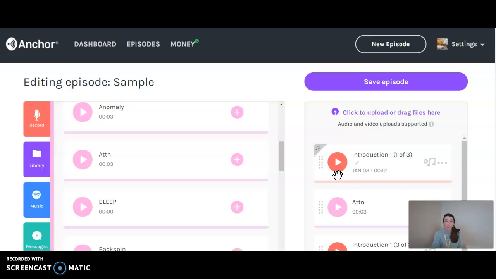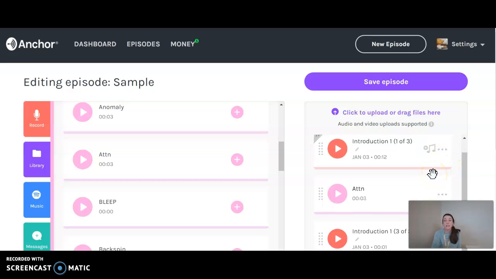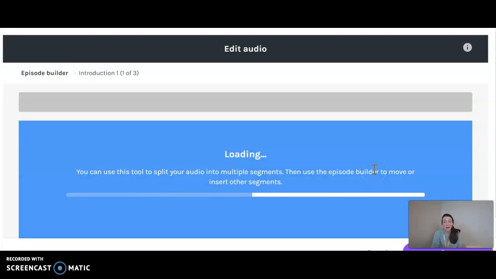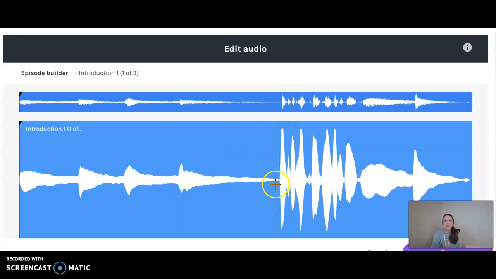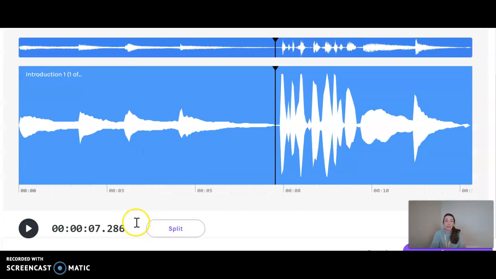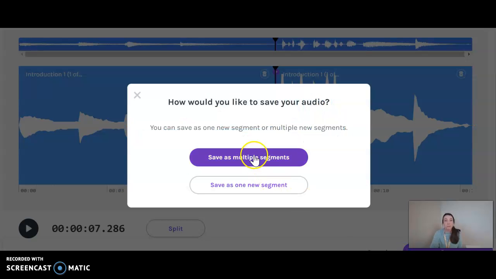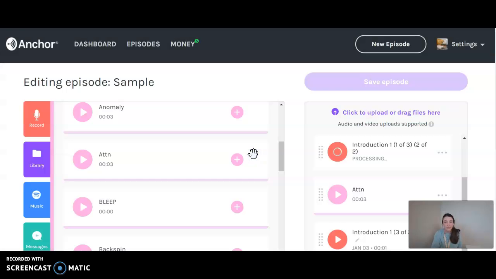It's not as overwhelming. A great place to use the split function is if you want to add sound effects as well. So let's say I wanted to go into my audio and I'm going to click edit audio. And within here, let's say I get to this point right here and I talk about how a door creaks open. This would be a great place to split the audio here. And then if I save it again as multiple segments,